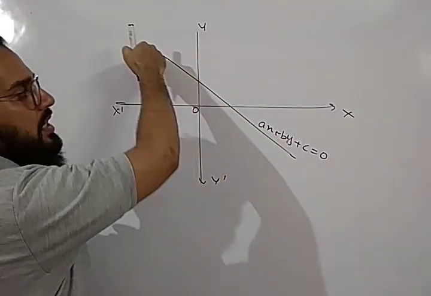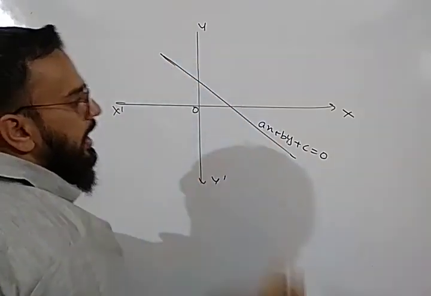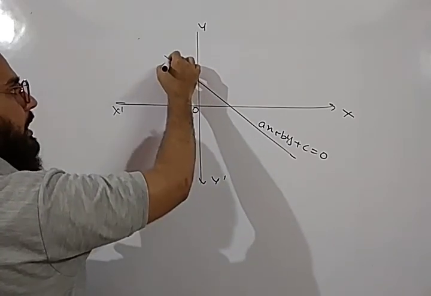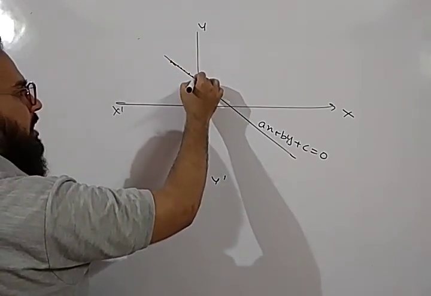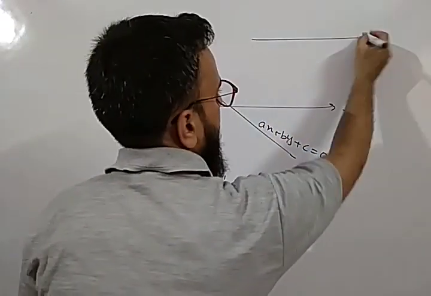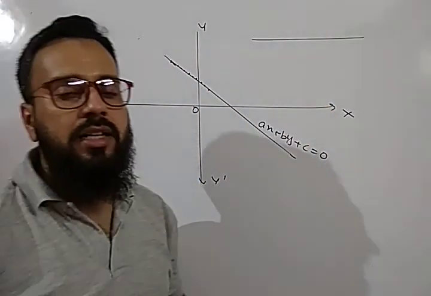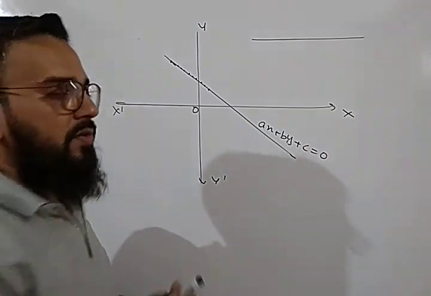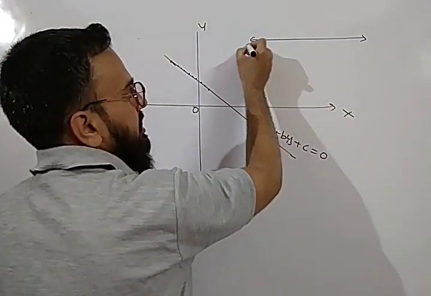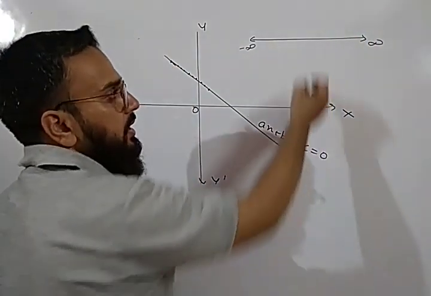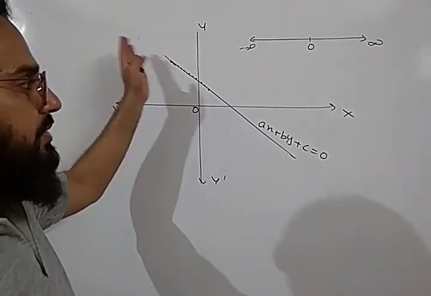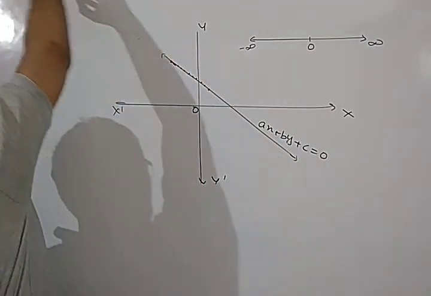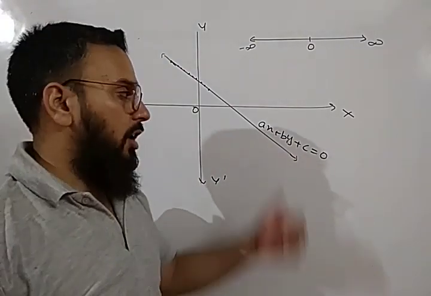any linear equation is always a straight line, and on a straight line, how many points are possible? If you draw a straight line, how many points may be possible on it? There will be an infinite number of points possible on a straight line, like you have studied in your real number line. The real number line starts from minus infinity to plus infinity, with zero in between. Similarly, every line can be extended to infinity on this side and on this side. It means how many solutions will there be?